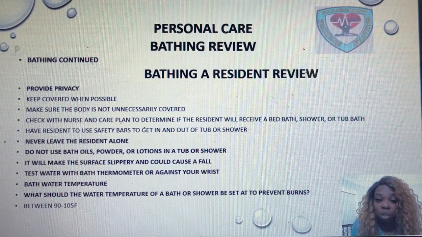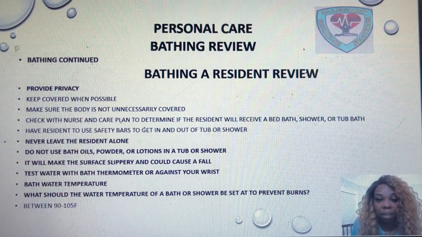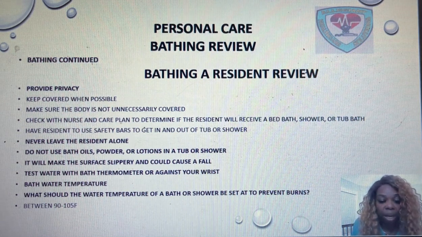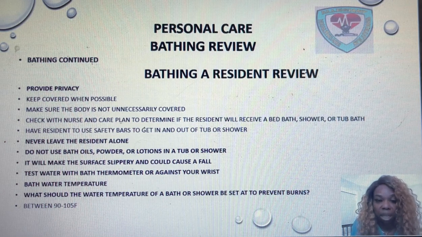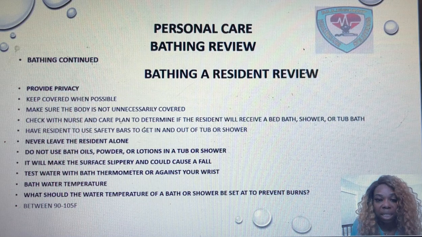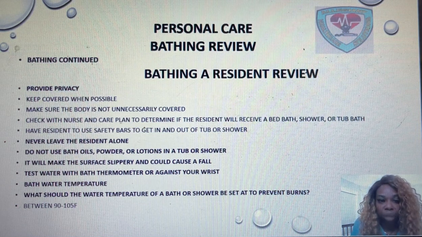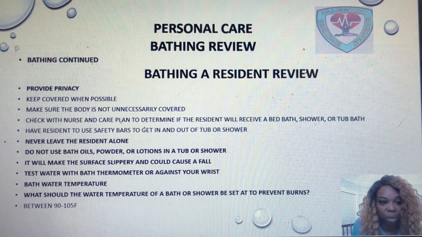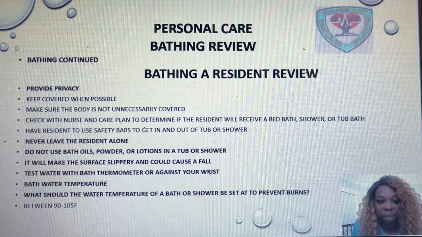And you also want to consult with the resident to determine if they want to take a bed bath, a tub bath, or a shower. But you're going to do a combination of things, checking with the resident, making sure that what the resident wants lines up with the care plan, and also notifying the nurse, checking with the nurse. You want to make sure that the resident is using those safety bars in order to get in and out